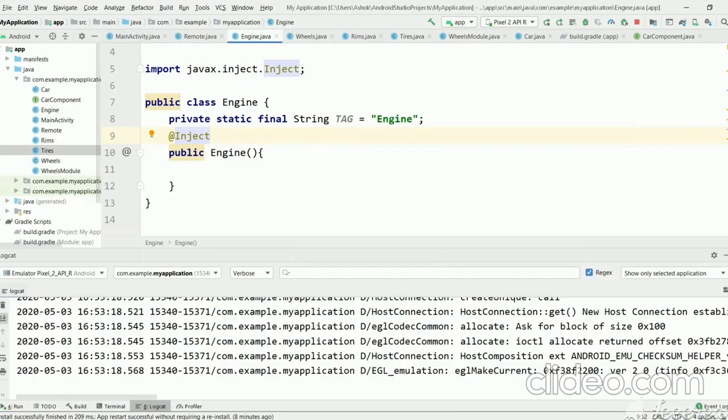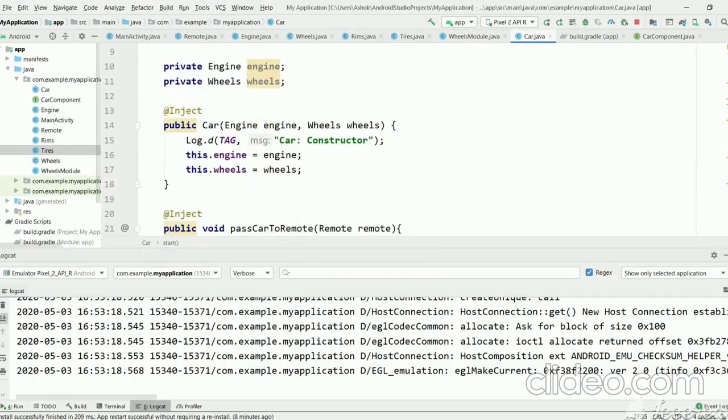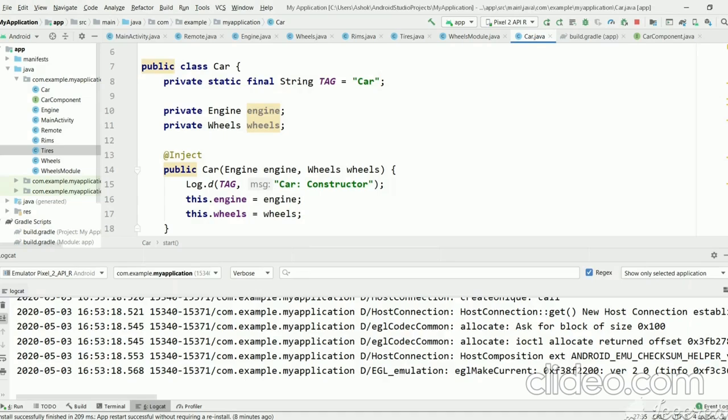Suppose in our example there is a car. As you can see, engine and wheels are both classes. In this video we will see what happens if engine is an interface.